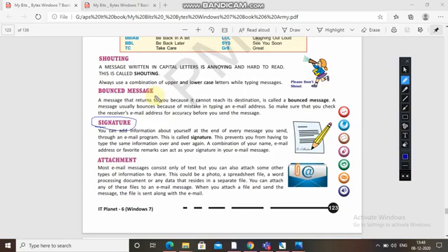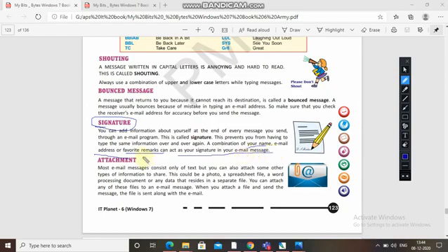This prevents you from having to type the same information over and over again. So a combination of your name, email address or favorite remarks can act as your signature in your email message. This is very helpful: instead of writing long information about yourself, you can just use a combination of your name, email address or favorite remarks as a signature.